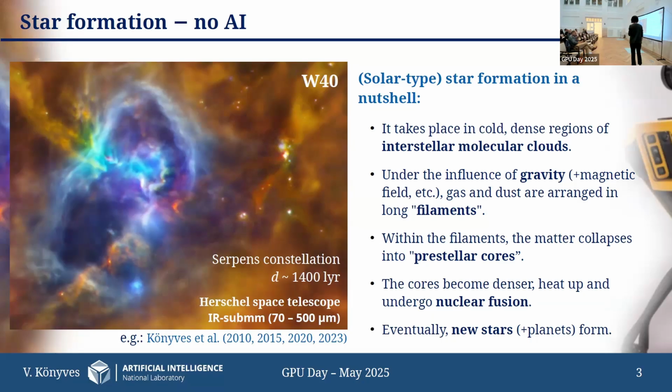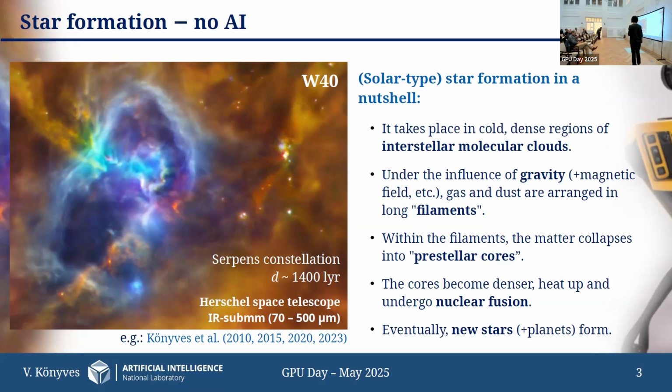First, mostly due to gravity, the matter will be pulled and compacted into elongated so-called filamentary features. These we can see here and here, the densest and coldest parts of the molecular cloud. Within these, the clumps, or later the denser prestellar cores, are the seeds of the future star generations,